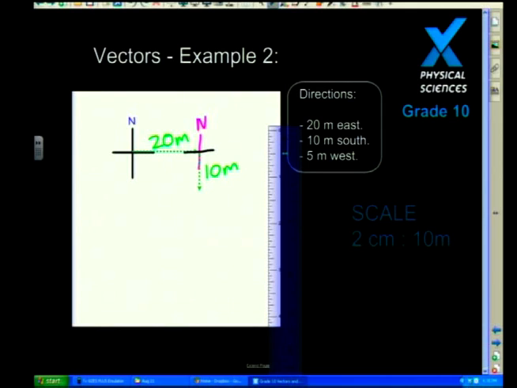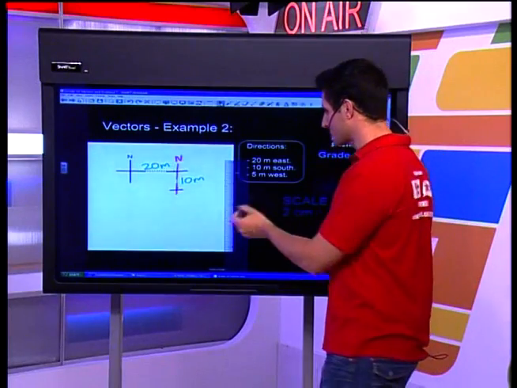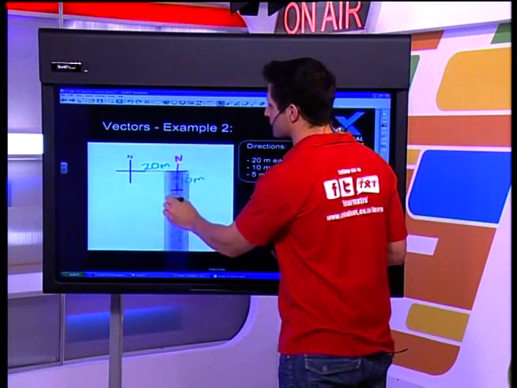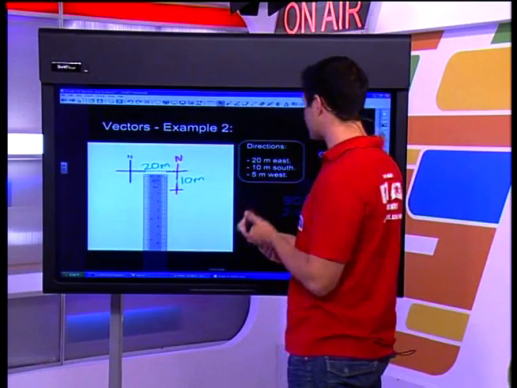Now for our last vector. Just remember that it's a very good idea to draw in a new compass, and we can do exactly that if we want. So there we go, we've got a new compass to start off from, and a new place to start. Now I'm going to draw in my very last vector. I'm going to remove all these compasses in a second, just to leave the green lines so that I can actually see what I'm doing.